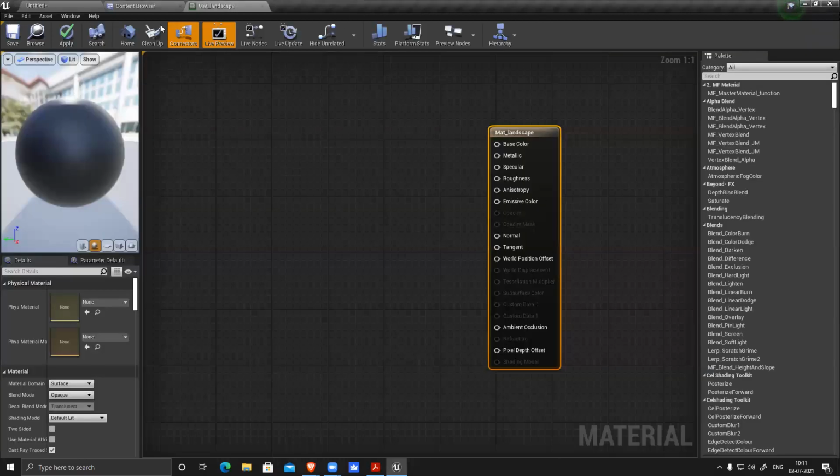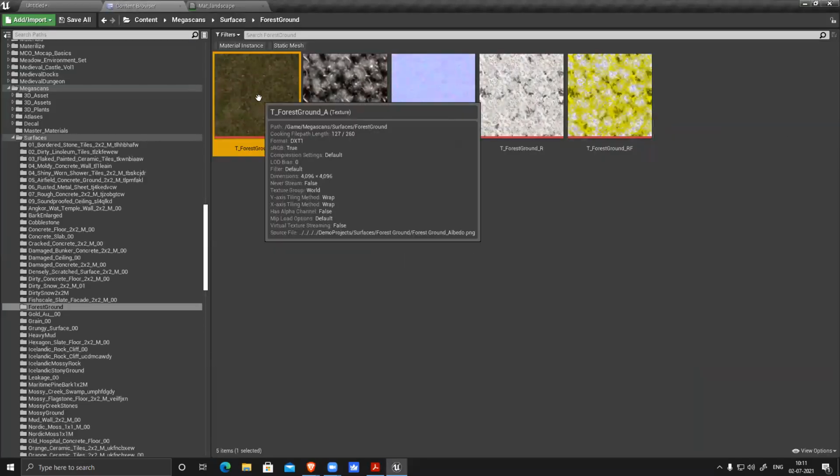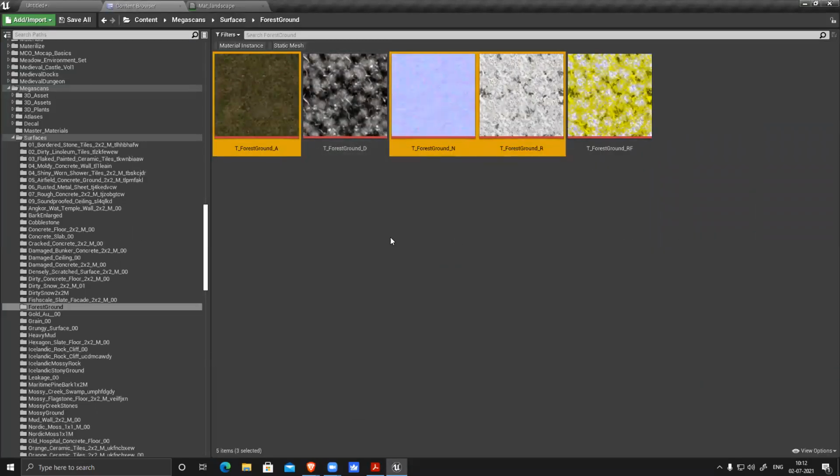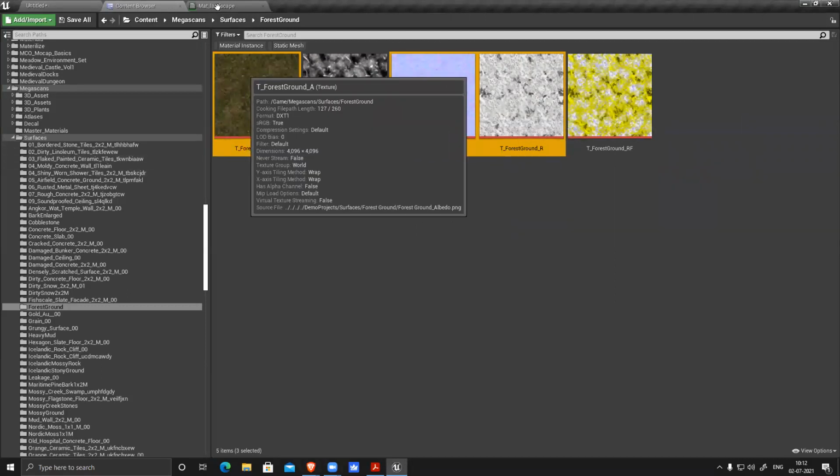So this is like the ORM map we create, right? Something like that only. As of now, that's not required. I can just simply use these three. Drag, drop it into a material, and these are like 4K maps, so it will take a little time. Whenever you click any image and try to drag it, it basically loads, so it takes a little time. Quickly, quickly. See, too much time.